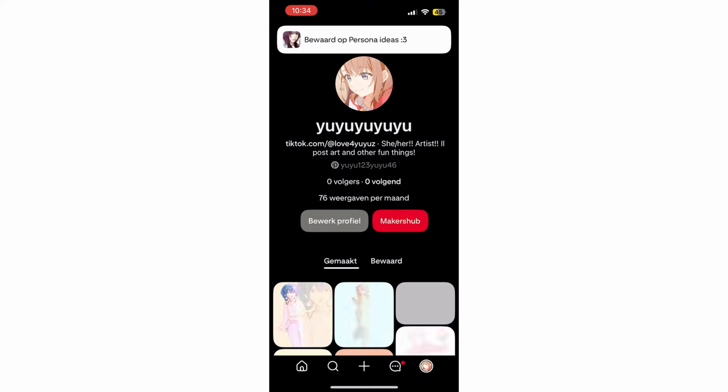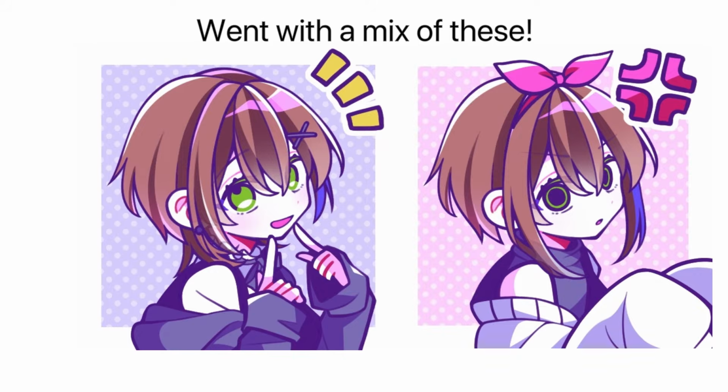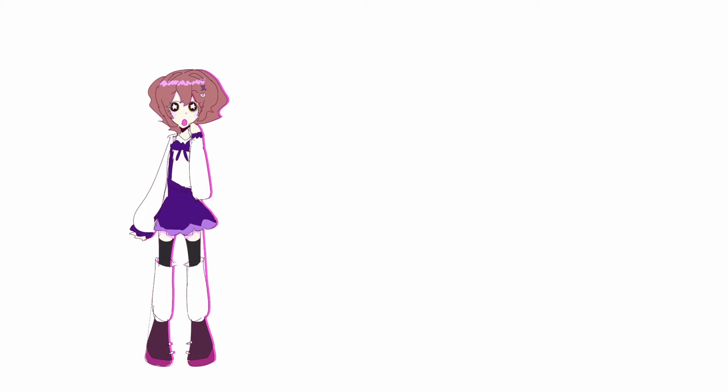Pinterest is a great way to put all your ideas into one place. I use it a lot for drawing. Pinterest can also help you figure out the general idea of what you want your character to look like. Now, when you have a general idea of what you want it to look like, it's time to